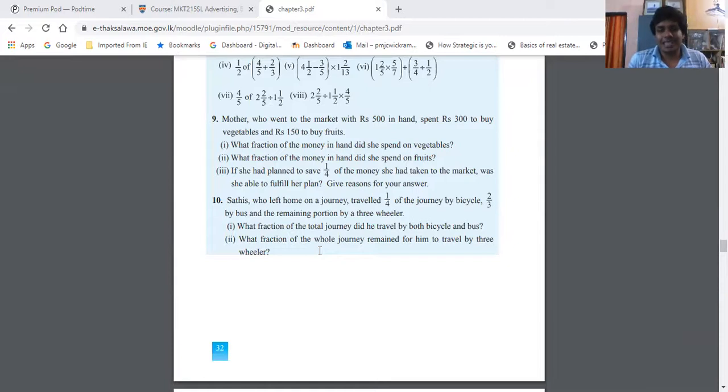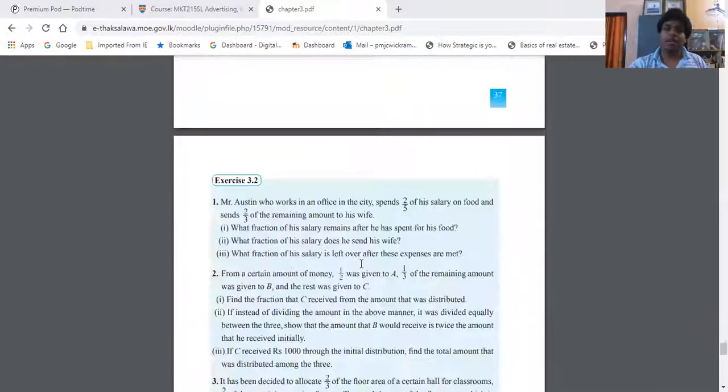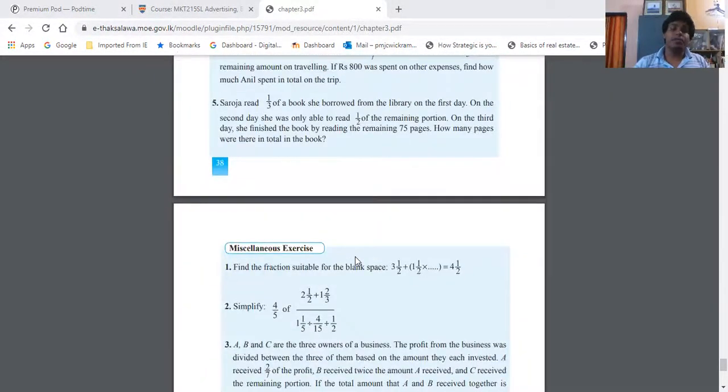Basically, that's the main fraction part, and after that we'll move on to harder sums where the applications get more complicated, and then we'll move on to the past paper examinations, the 2018-2019 Western Province past paper sums. There are only 2 to 3 questions in those. So raw fractions will not be a question that much, but